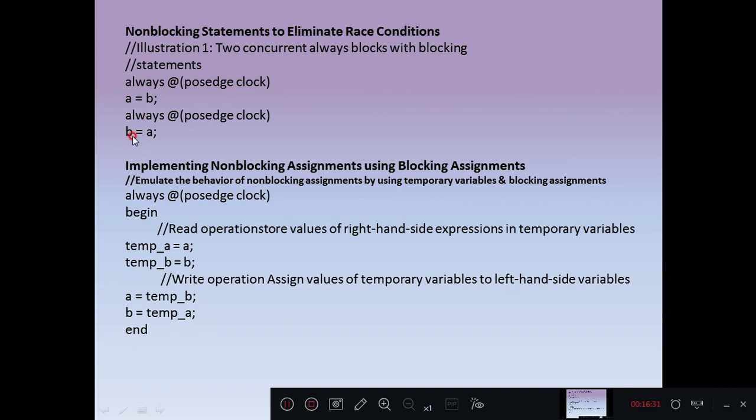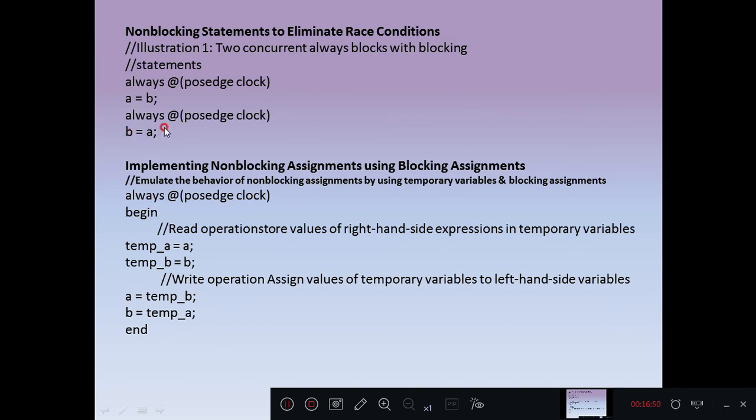But b already has got the value of b, so one of the data is lost, a value is lost. So to avoid this we are using two always statements and simultaneously we are making sure that b value is assigned to a and a value is assigned to b.